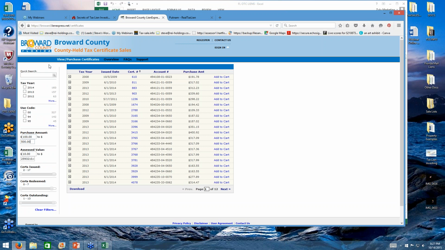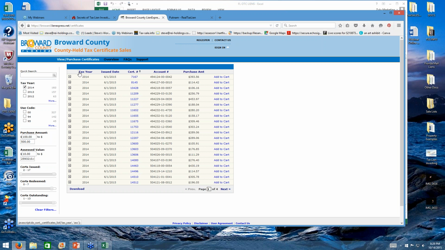There's a button right up here at the top. Okay, that did it. Then if I wanted to separate them by year, I could go ahead and click on it and separate them by year. So here we're looking at tax liens from between $1 to $500 from the year 2014. Now you can see this Add to Cart button. You can go ahead and click on that and save that if that's a tax lien you like.